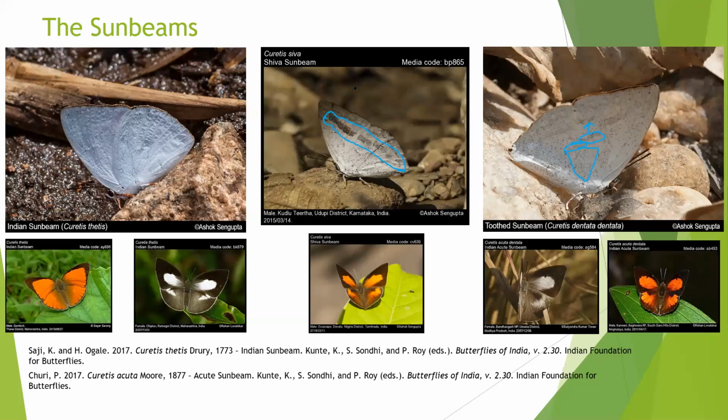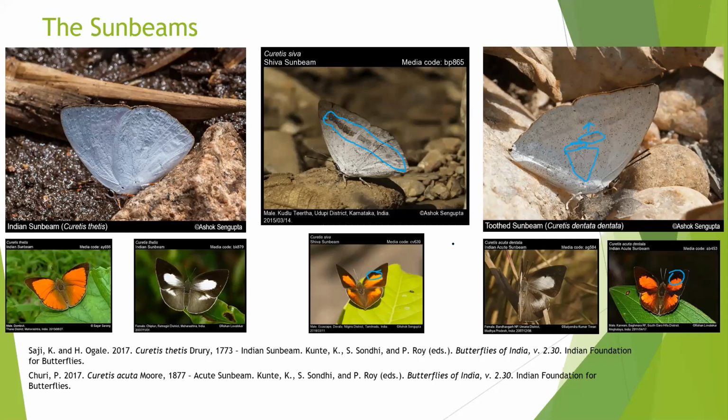But see the open wing of these three Curetis. You'll be interested to see that in the acute sunbeam and the Shiva sunbeam, the males look almost similar. You can see the wing, but the difference is, that's why it is also sometimes called the tooth sunbeam, because of the presence of a notch in the open wing of the forewing. In that band here, we'll see that there's a notch. This notch makes it an angle sunbeam, and the absence of the notch